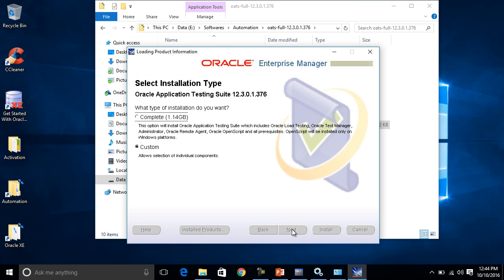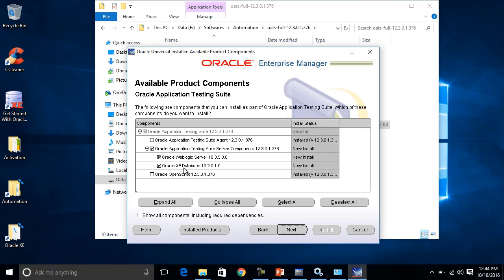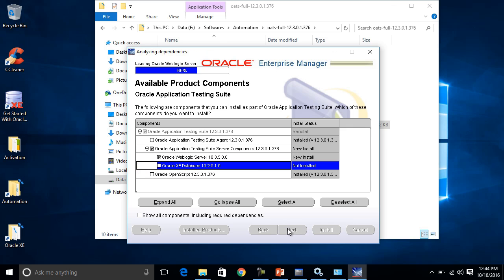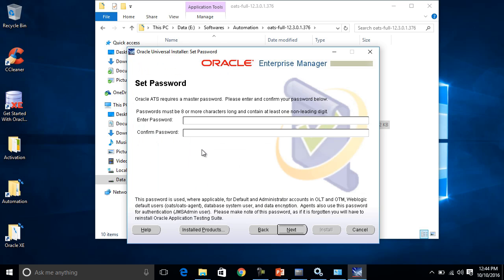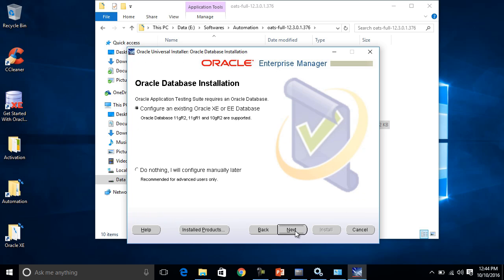Next. Now we have already covered the XE database, so you uncheck this and you install the server components and install WebLogic server. You hit next. Set a password. Click on configure an existing XE database or EE database.